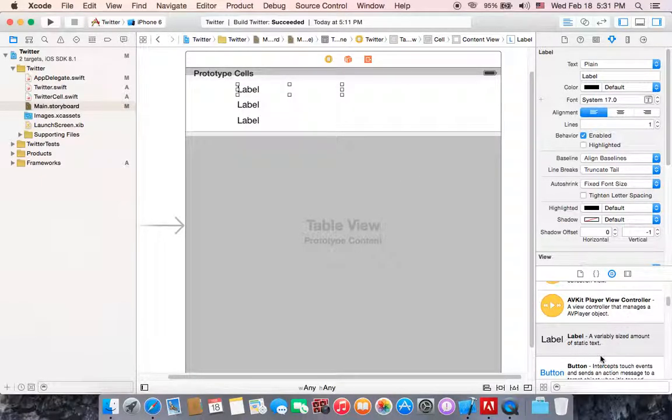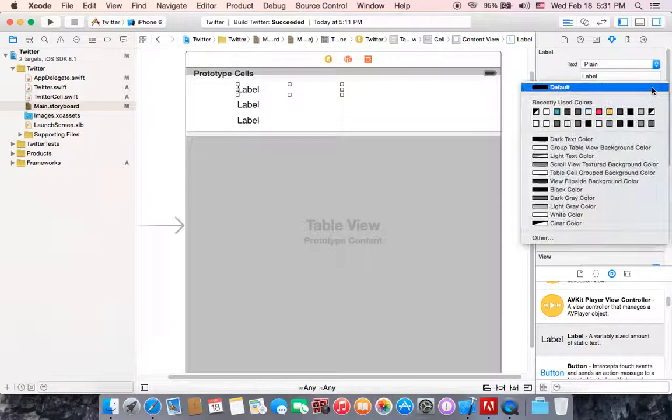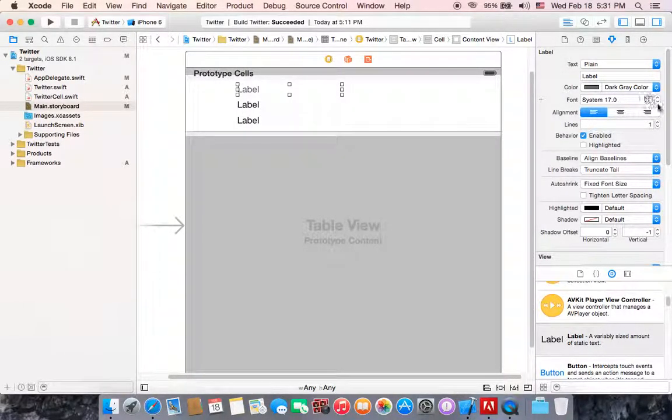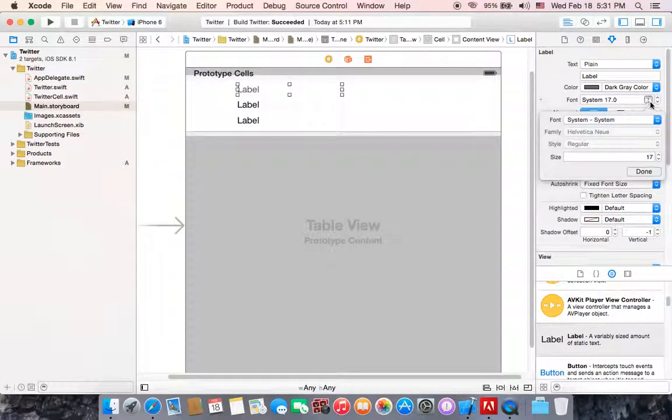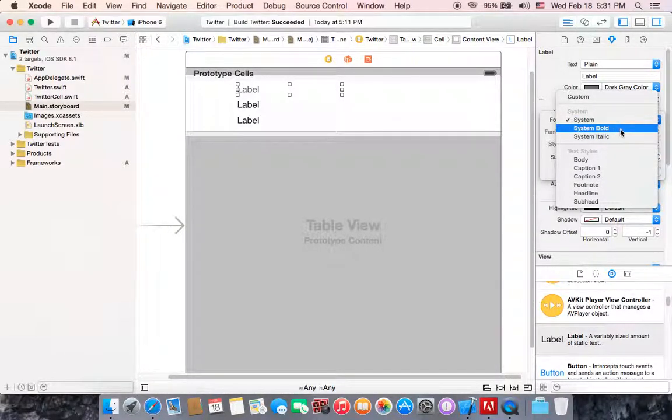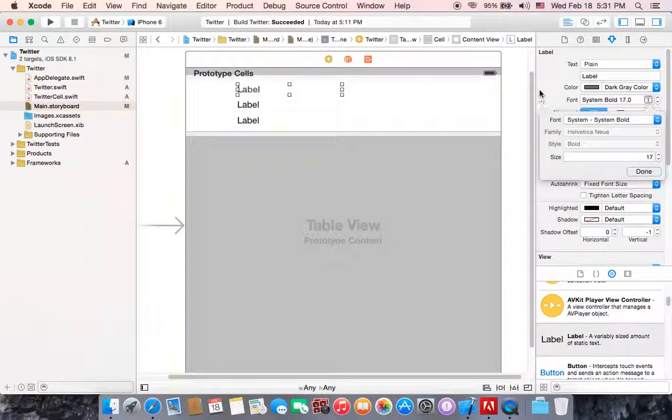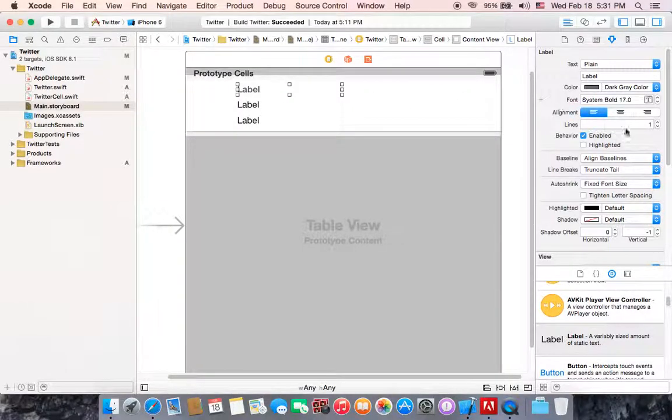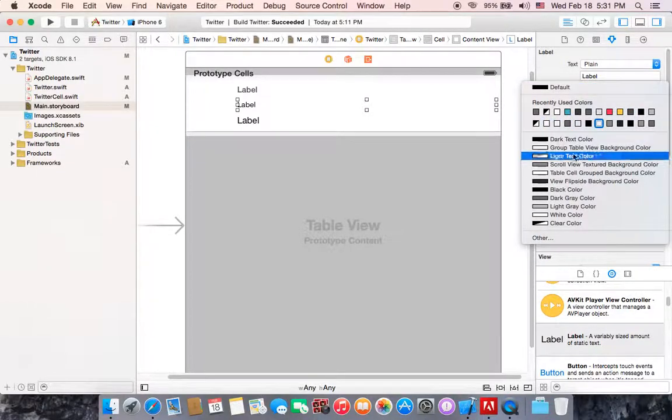Alright, the username should be bold. So just keep it in dark gray color. Then go to font to change the font to system bold. Then go and select and set it to 15. Alright, the description will be 14